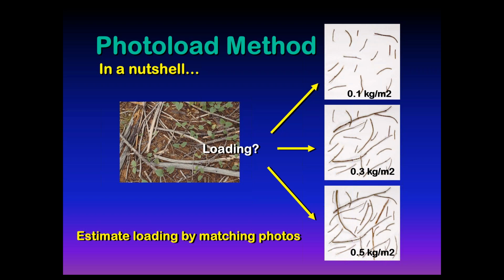That is essentially what the Photoload sampling method is. It's that easy, that simple to use in the field, and it's very useful, especially in inventory and monitoring applications, because you can sample the fuel at whatever scale you want, from 1 meter squares to larger and